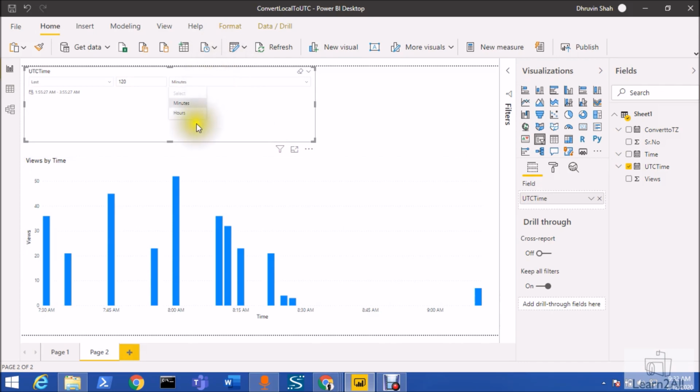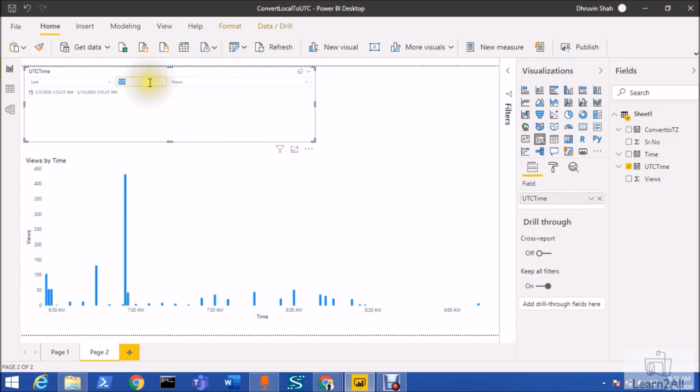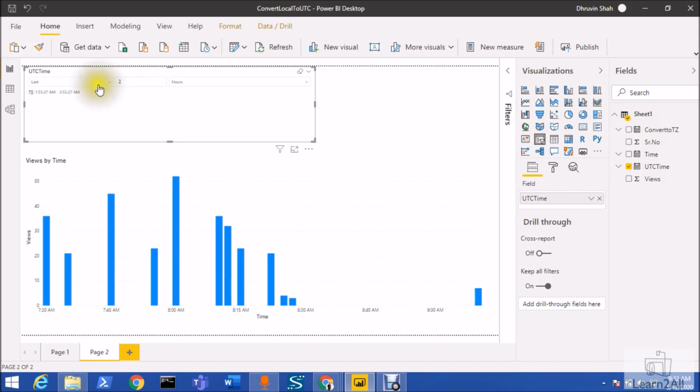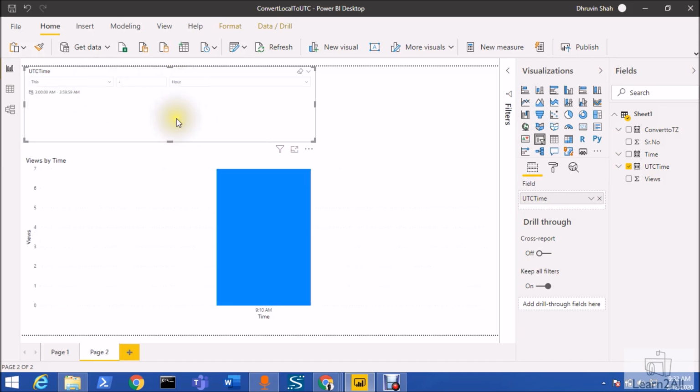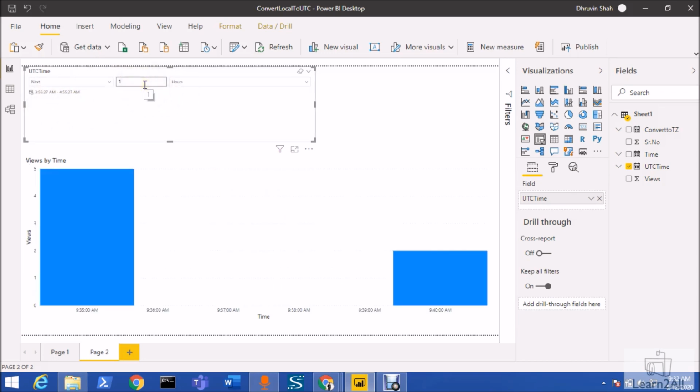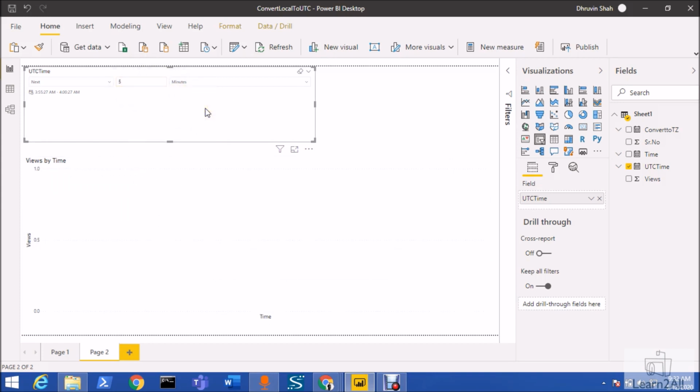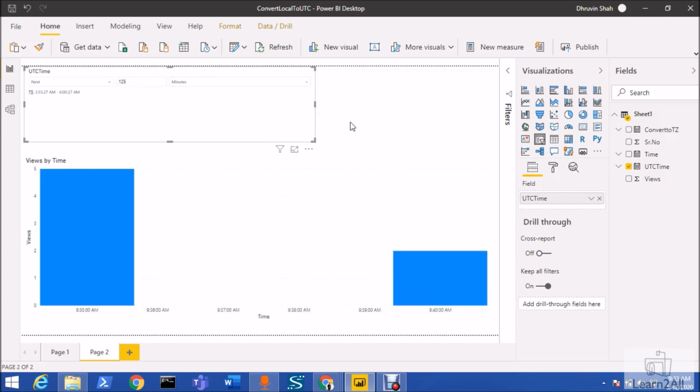All right, so in the same way you can apply it with the hours as well. Last 2 hours, last 3 hours, and in the same way you can also see this hour. You can also have a next option as well. Next 30 minutes also you can select like this. So in the next 30 minutes I would be having this amount of data. Next 5 minutes, if I write here, I don't have any data, so it is not showing me anything over here. So this is how we can easily filter our data with respect to time, using the relative time slicer inside Power BI. Hope this is clear for you now.